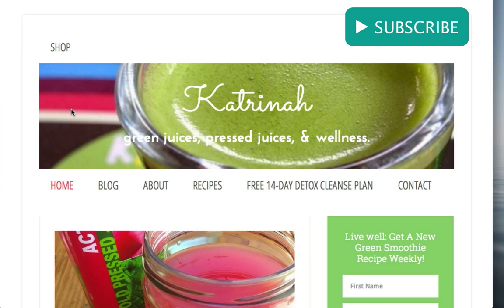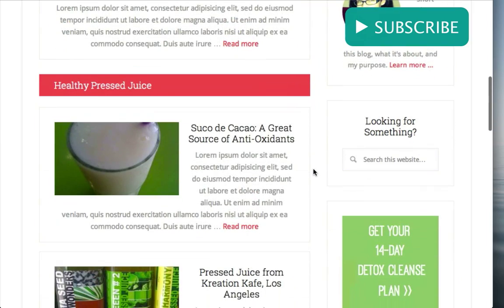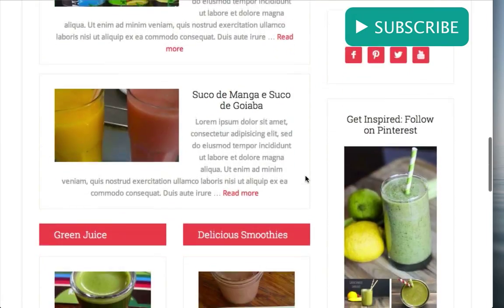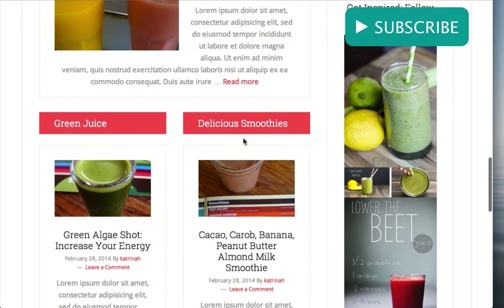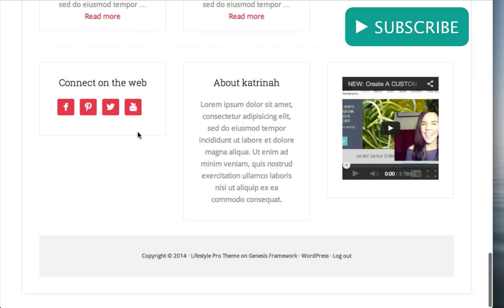Starting at the top, we have our customized banner with a background image along with some custom Google fonts in both the title and the description and the menu items. Then we have our featured post on the home page along with some featured categories. This is the first category right here. Then we have 2 other featured categories. Then down below we have the footer section where we feature some social network icons so anyone can easily connect with you throughout the social web, either to Facebook, Pinterest, Twitter, or YouTube.